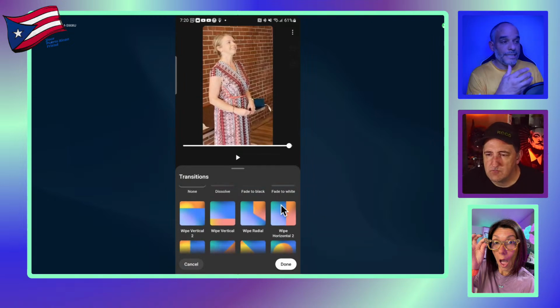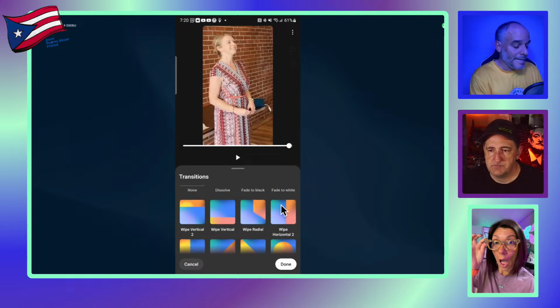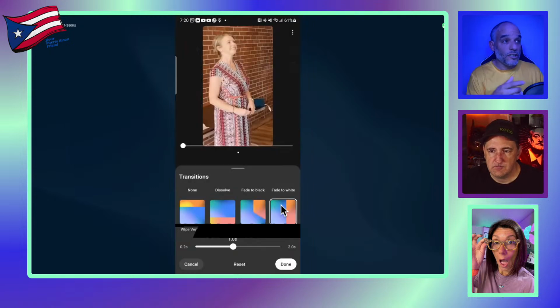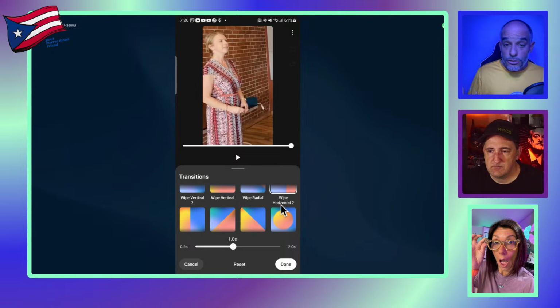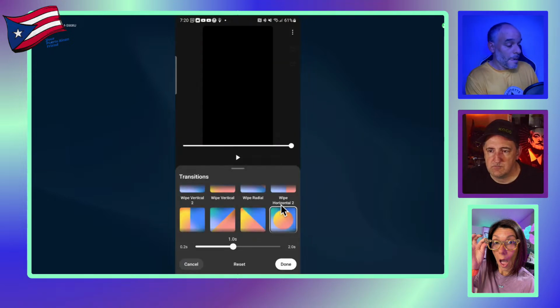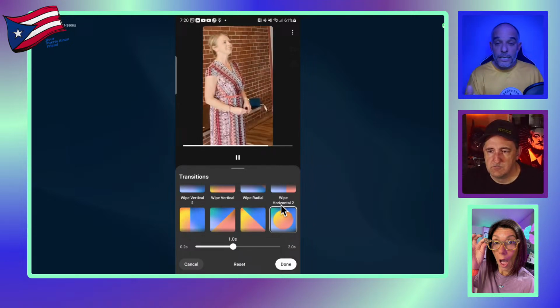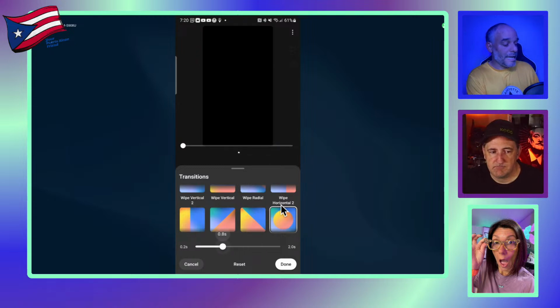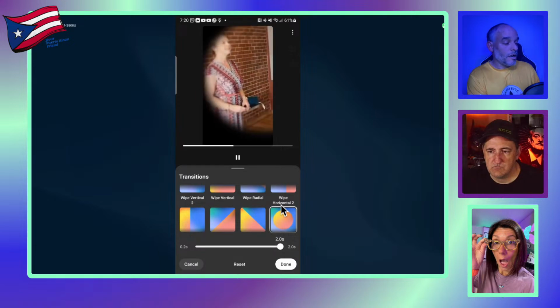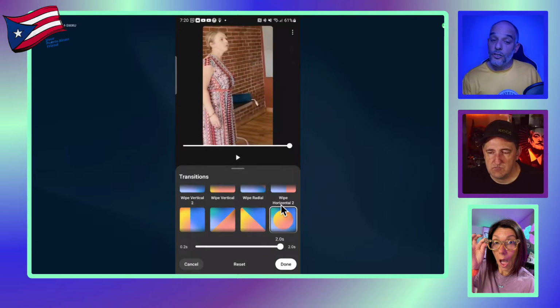So how do I want this to start? Maybe I want her to come in a particular way, and so it's going to import it. Did you see how it was kind of wiping in? If I want that one, or I can look through them to see what they look like. When I click on it, I can take a look at it, right? And you can see the speed, how fast or how slow it could go, how long it can take to do that.